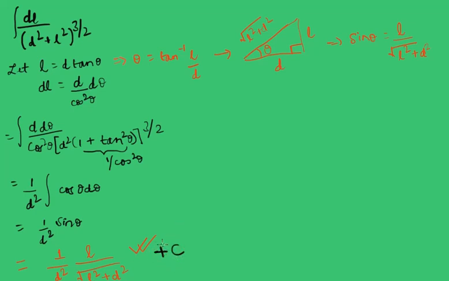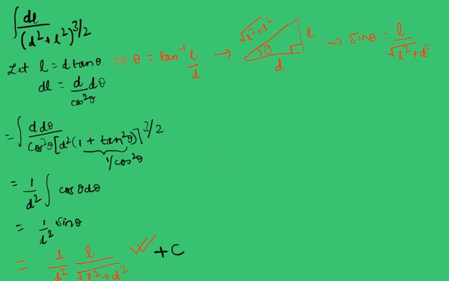So I hope this integration is clear. If you have doubt, go through it, try to do it yourself. I think then it will be more clear than just memorizing it. So I think now we know that because of a current carrying wire, the magnetic field is μ₀I by 2πd.